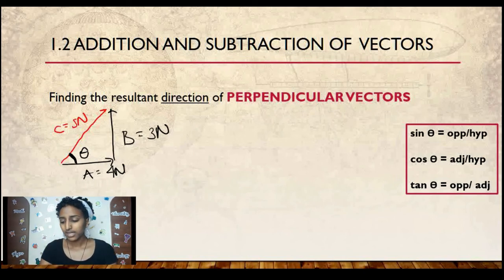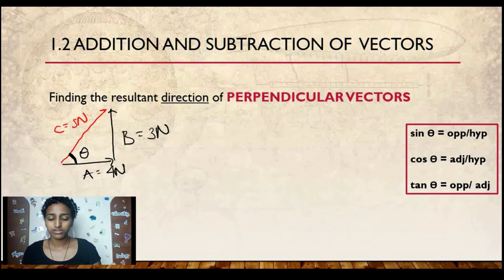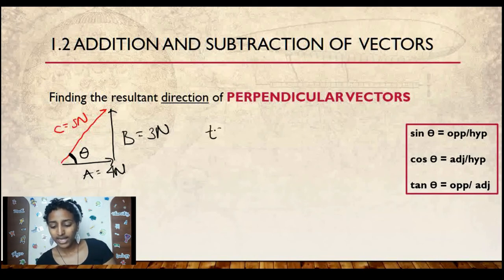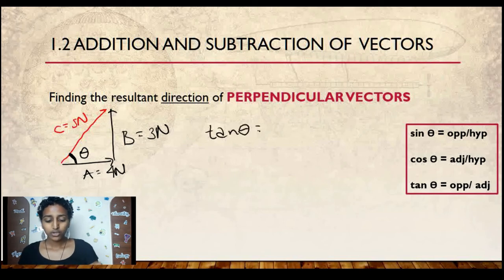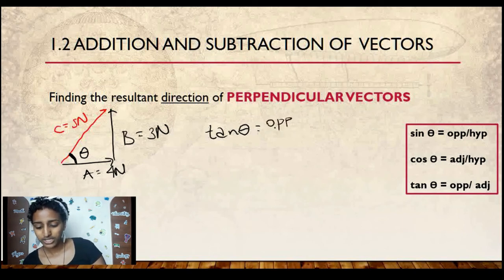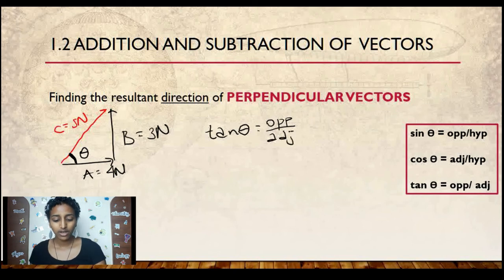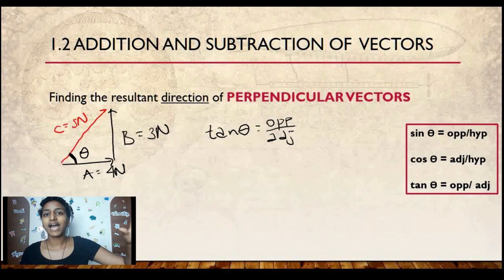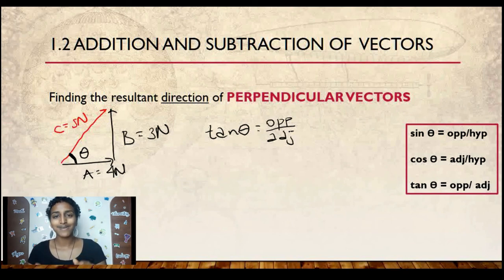Now, how do I find theta? Literally use any of them. Use sine, use cos, use tan. But the most appropriate one to use is tan theta. Why? Well, because when you use tan theta, you're using values already given in the question. I'll explain that in a bit. When you use tan theta, you're using opposite over adjacent, right? And you can see here, opposite is B and adjacent is A. You see, I'm not using the magnitude of C. Why? Well, what if I miscalculated the magnitude of C in the previous question? If I miscalculated that, then I'll definitely get both the magnitude and the direction wrong. So it's best to use tan theta.